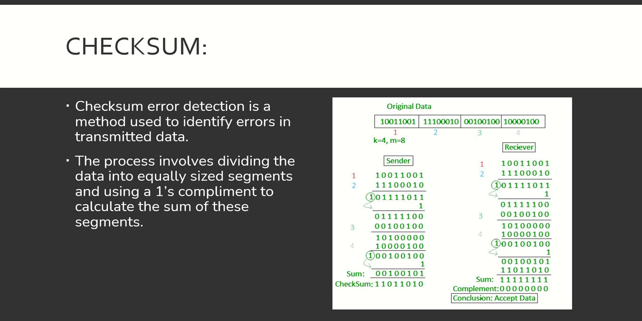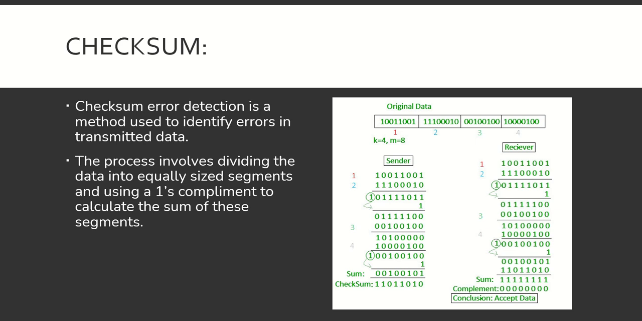Let's see. Checksum error detection is a method used to identify errors in transmitted data. The process involves dividing the data into equal sized segments and using one's complement to calculate the sum of these segments. The calculated sum is then sent along with the data to the receiver. At the receiver's end, the same process is repeated, and if all zeros are obtained in the sum, it means that the data is correct. Let's see